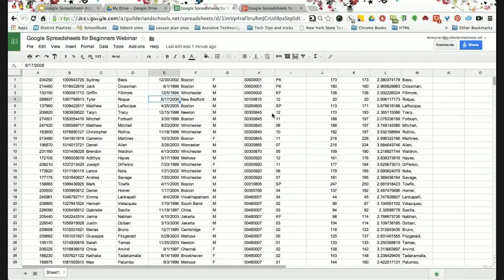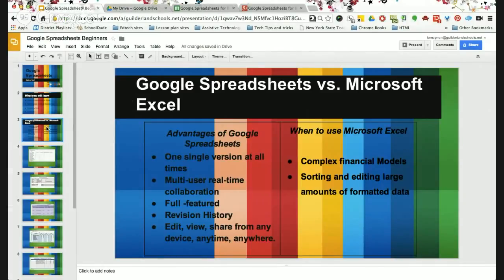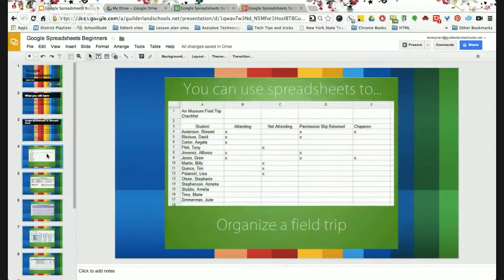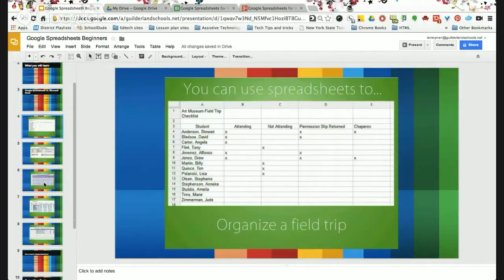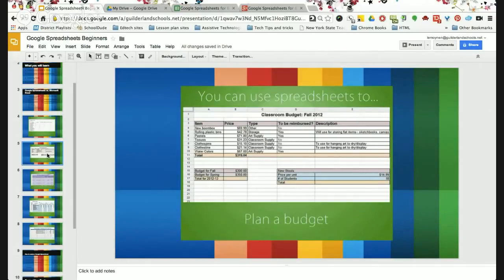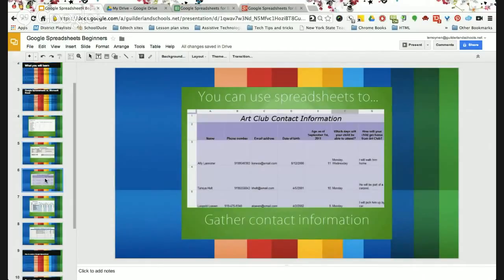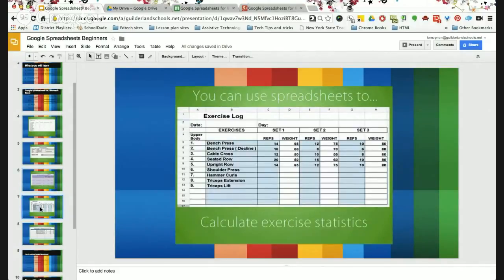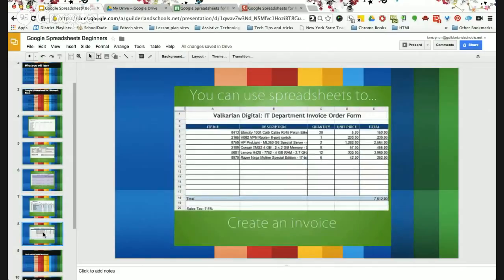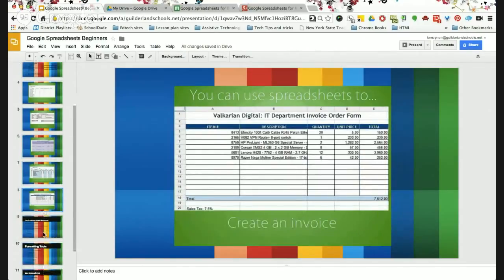So let's look at creating your first spreadsheet. Let's go back to our presentation. Some of the uses that you can have for Google Spreadsheets is organize a field trip, for example, as you can see here. You can use spreadsheets to plan a budget. You can use spreadsheets to gather contact information. You can use spreadsheets to calculate exercise statistics or create an invoice, and there's so many other uses. I can't really think of all of them, but I'm sure that you can as we go through this